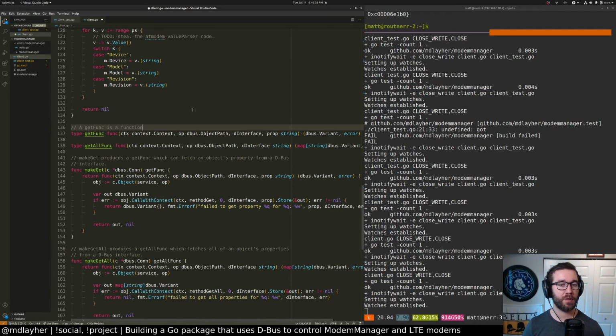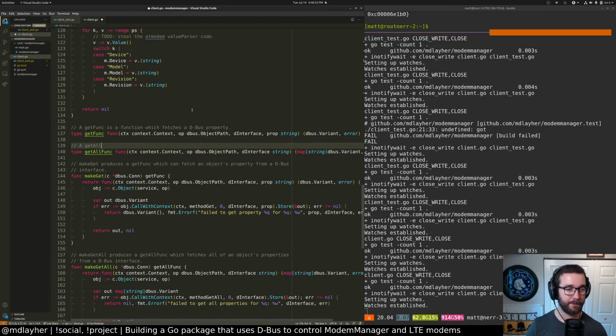Func is a function which fetches just a dbus property, function which